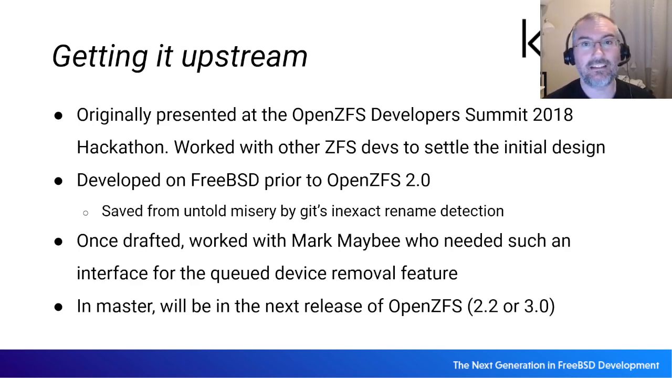Once that was drafted and posted, it got review, and it turned out that very much like the original idea back in 2018, but at this point it was 2021, Mark Maybee from Delphix was working on finishing up the queued device removal feature. So if you remember a couple of years ago, ZFS gained the ability to evacuate a VDEV. So if you have a disk that's a plain stripe or a mirror, so anything that's not a RAID-Z or a DRAID, then it can be removed from the pool now. You can actually shrink a pool, and the way it works is it takes this new disk, or the disk